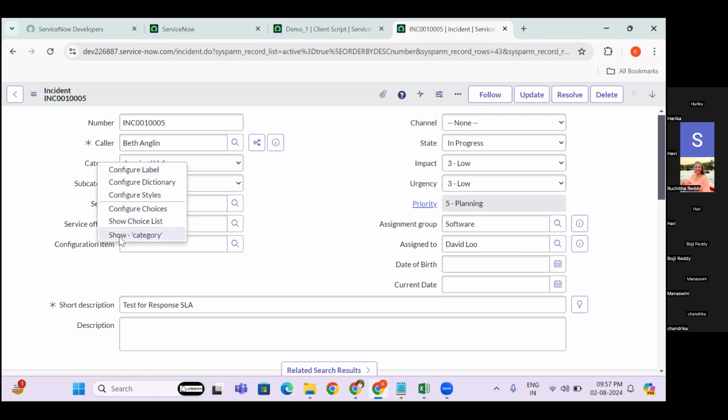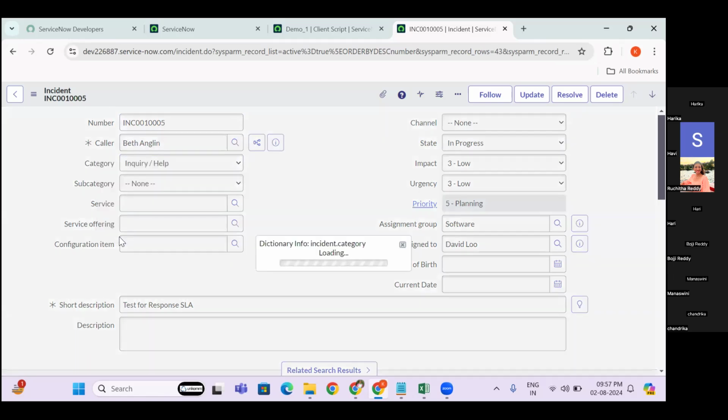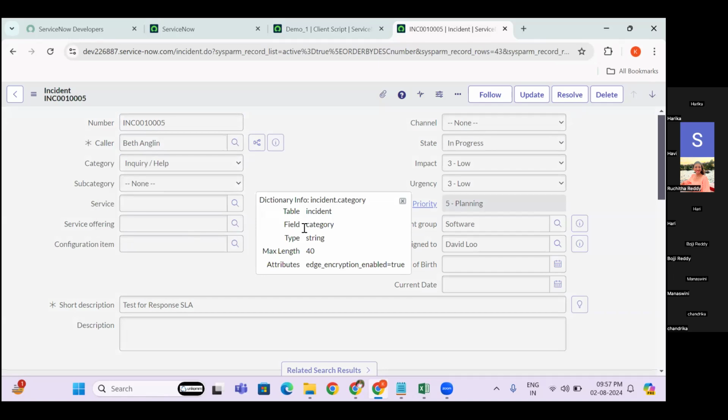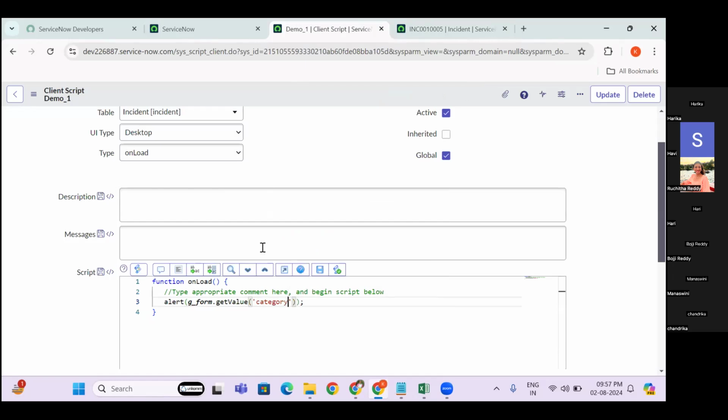If you click on show category, you have the backend name in the field. This is where you get the backend name, and I'm showing that in the alert message g underscore form. Here, let me add a message: the category of this incident is